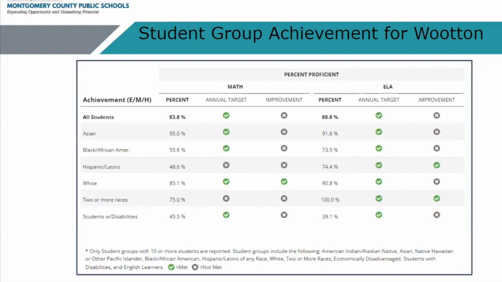Another one to highlight, though, you would not necessarily put, for example, chronic absenteeism into a school improvement goal. So if we wanted to improve with the number of chronically absent students that we had, that generally is work around the student well-being team. So every school, including Wooten, we have a team that works on chronic absenteeism.